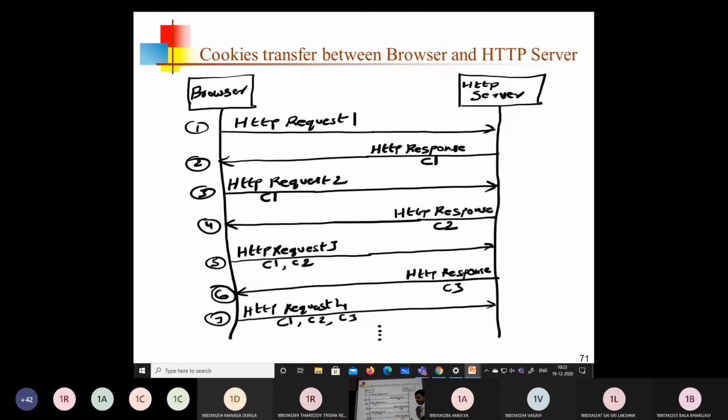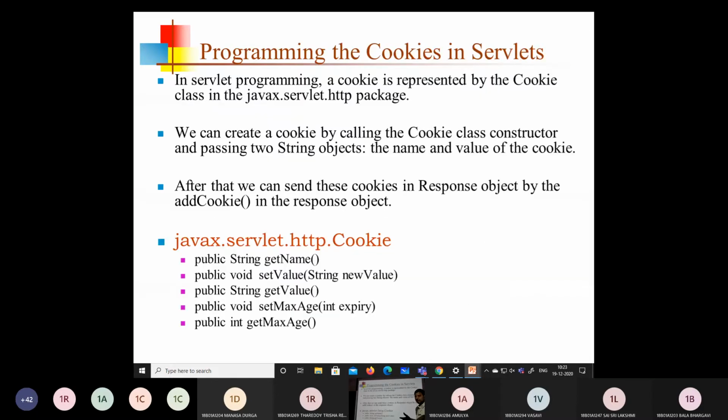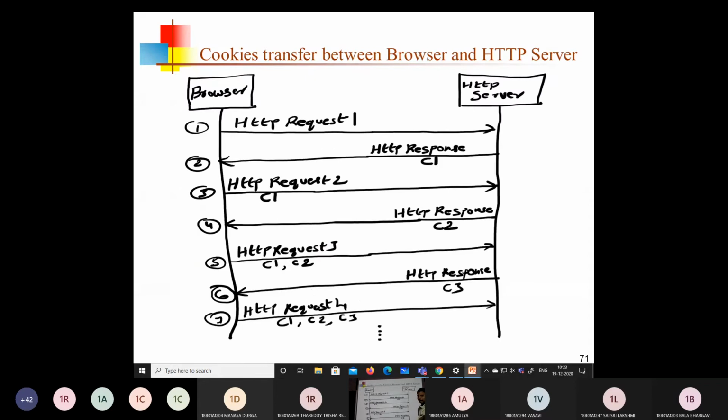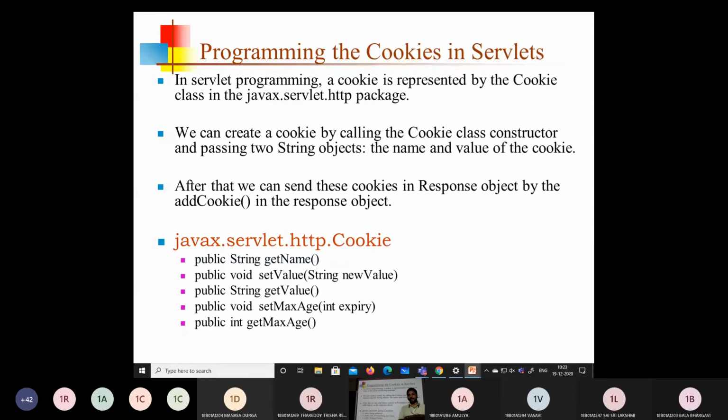At the server side, after processing the cookies, if required, a new cookie will also be added to the response object. This is the way cookies are transmitted between the client and the server.